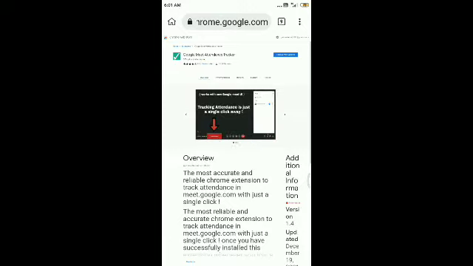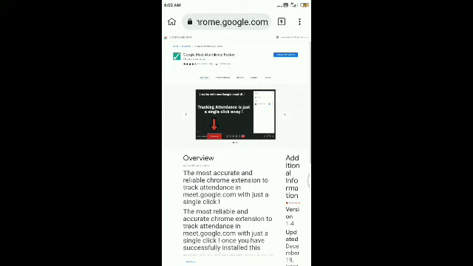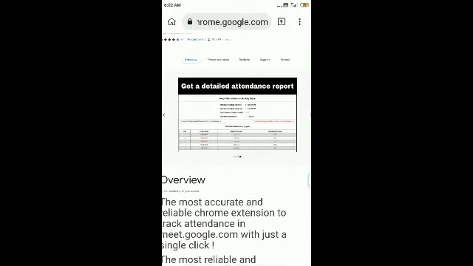Let me explain about the features of this extension. In this extension, you will not only be able to record the names and attendance of the students, but also know how much time a particular student spends in the class, and according to that their names will be highlighted. Like, I'm giving an example here.